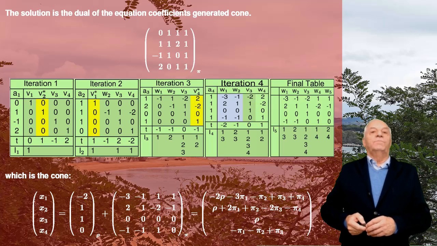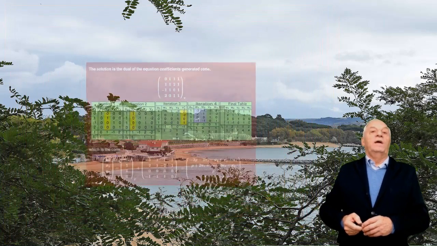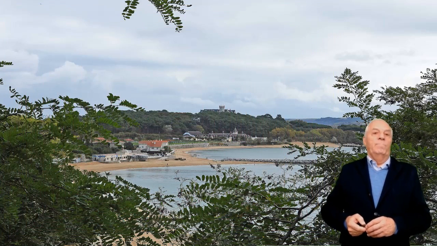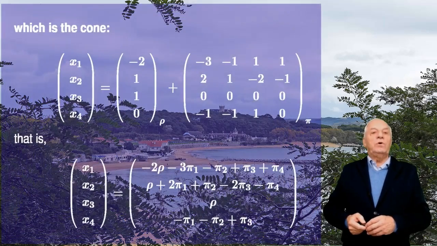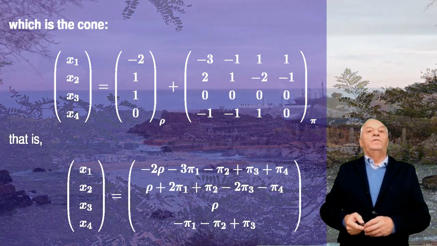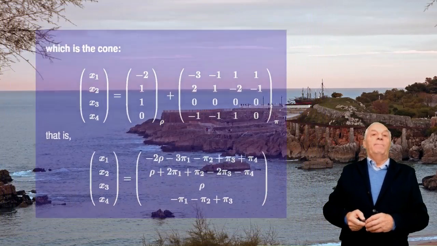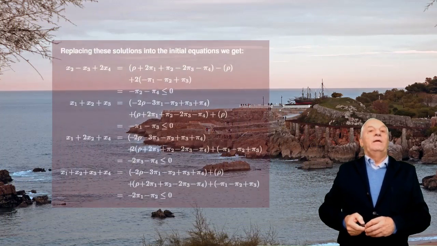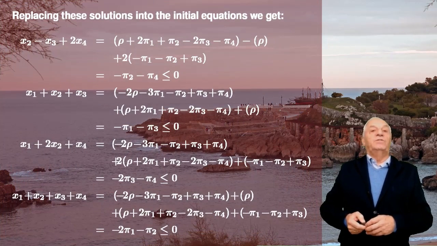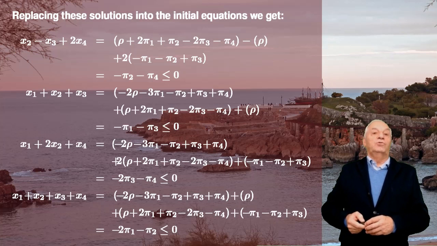We know that the subscripts in the matrices, the Greek letters rho and pi, refer to linear and non-negative combinations respectively. Developing this expression, we obtain the set of all the solutions that are expressed as a function of a coefficient rho, a real number, and 4 coefficients pi, non-negative real numbers. Finally, it is interesting to replace these expressions of the unknowns in the equations of the initial system and check how they are satisfied, regardless of the values of the rho and pi coefficients.